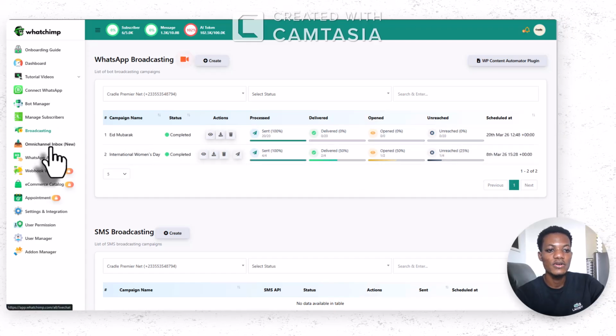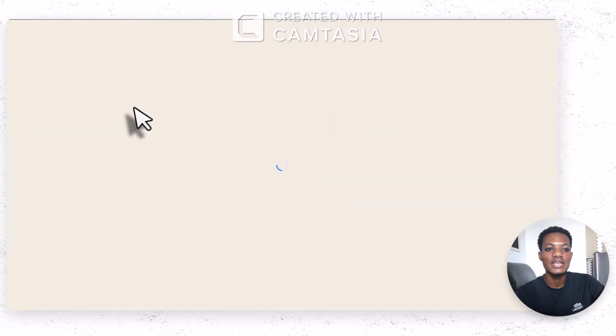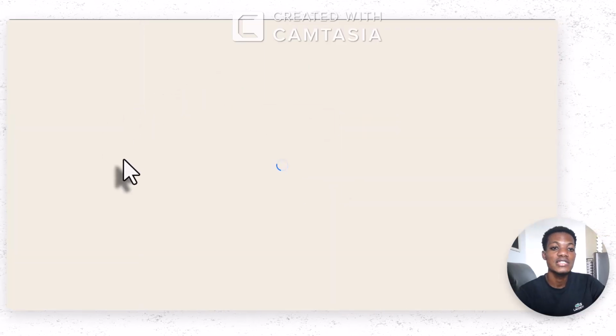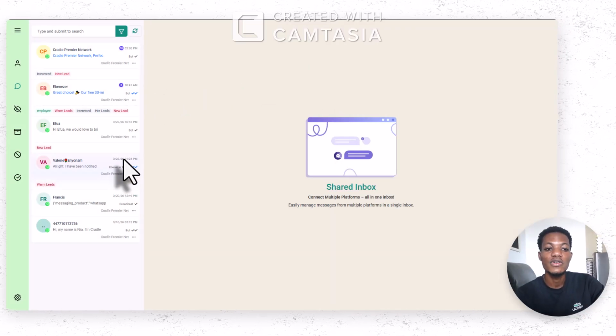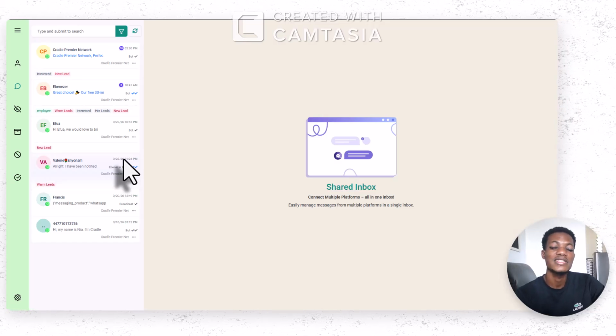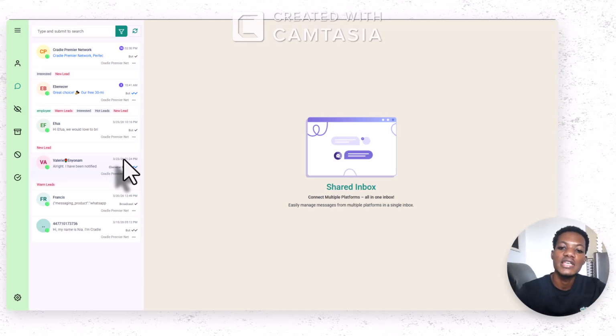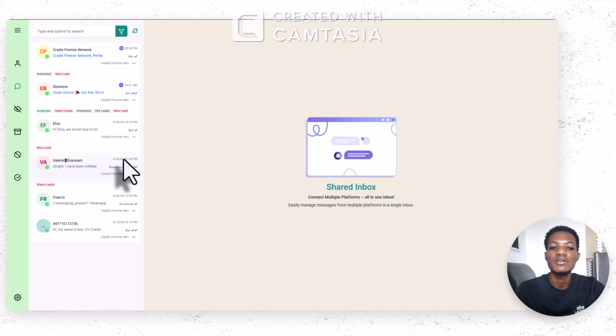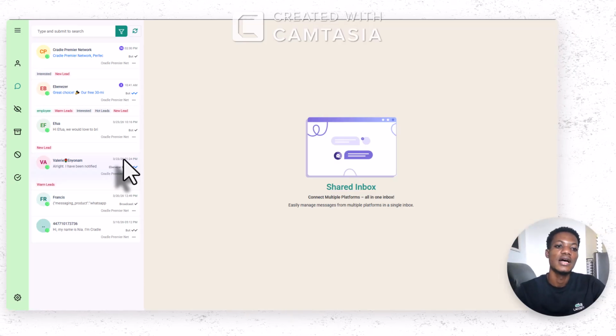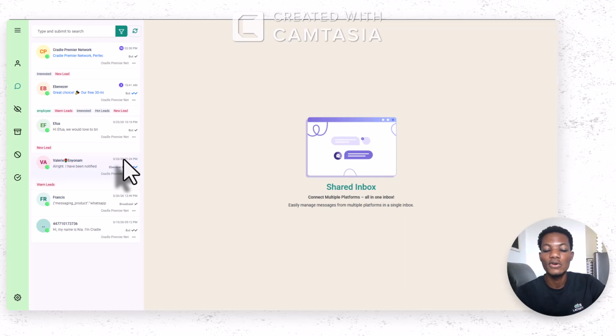Now, when it comes to Omni channel, what is also called the live chat, this is where you get to see all the live chats or the conversations that are going on, or when someone sends you a message from WhatsApp. This is where you are going to see. So this is what I was talking about: when someone sends a message, you get to see a whole different panel inbox where you'll be able to see all the conversation that is going on, all the information that